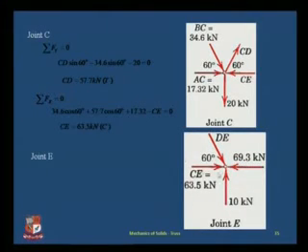After solving that, we go on to joint E, where we again apply our summation Fy and Fx. From there we have a total of 4 forces coming here, of which only DE is unknown. We have CE known to us, this 69.3 also known to us, and the 10 kilonewton force which is being applied also known to us. So we need to apply only one equation of equilibrium, and from that we will get DE is equal to 11.55 kilonewton under compression. That is, I have applied summation Fy. I have one force, this one, that is vertically going upward, and another, the vertical component of force DE, which is the sine component because the angle is with respect to horizontal.